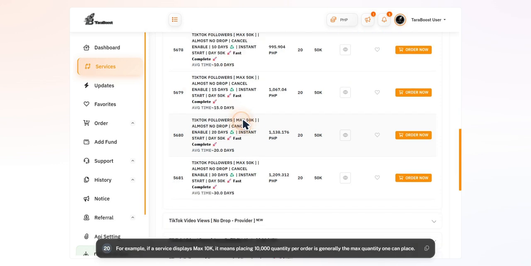For example, if a service displays max 10K, it means placing 10,000 quantity per order is generally the max quantity one can place. If you need larger quantities such as 50,000, it is usually safer and more stable to divide the order into multiple batches instead of placing everything all at once. Placing excessively large orders in a single batch may sometimes result in slower delivery, delays, or unstable performance depending on